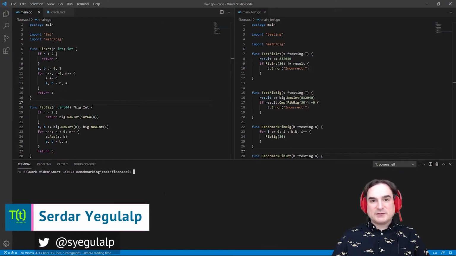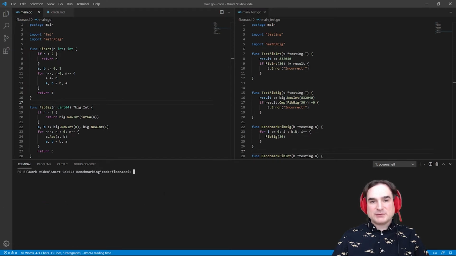In this episode of Smart Go, we're going to look at how you can write benchmarks to gauge the performance of your Go code. As with testing, which we covered in a previous video, Go's standard library includes tools for creating and running benchmarks, typically done side by side with your test suite. To demonstrate this, I'll pull out a new version of the code that I created in the last video.